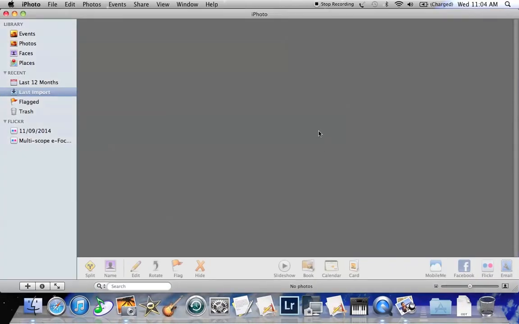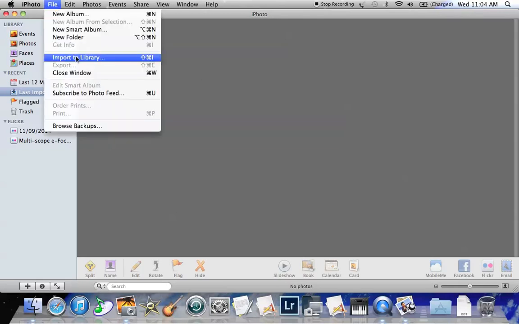Its concept is that you edit these things non-destructively. You import them into iPhoto, leaving them in their untouched state back on disk. You change them in iPhoto and then you export them in their changed state, with all the changes you've applied, back down onto disk. So the first thing you've got to do is import them. So here's the import to library,